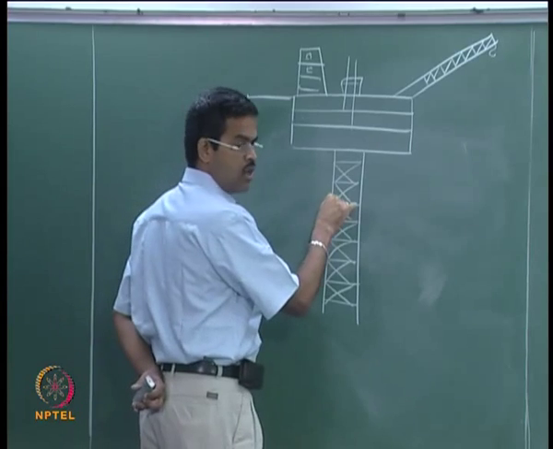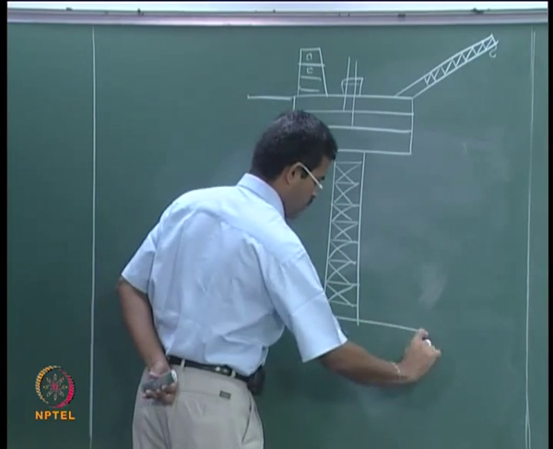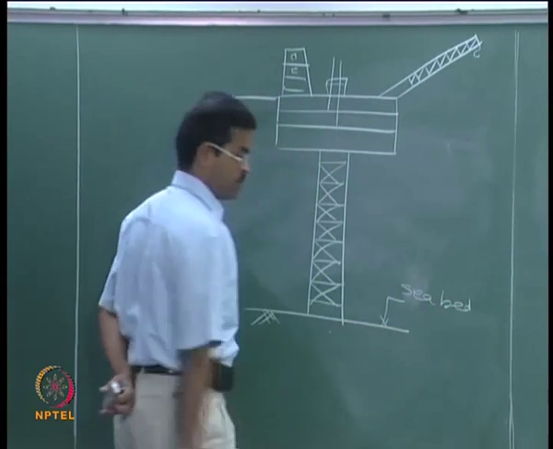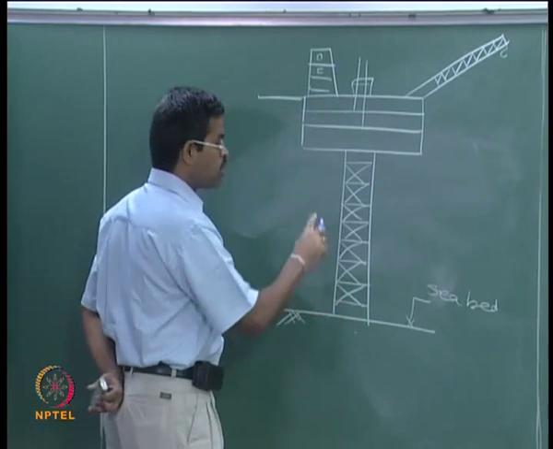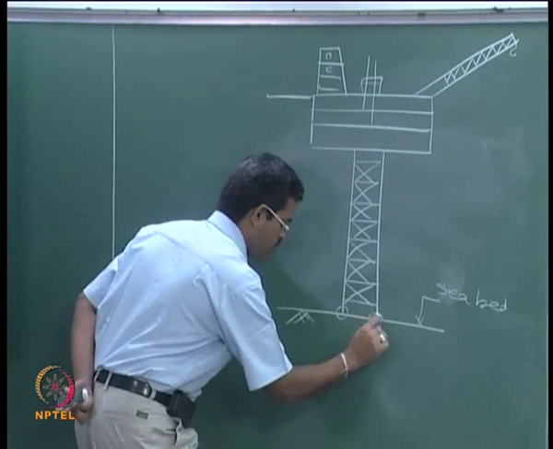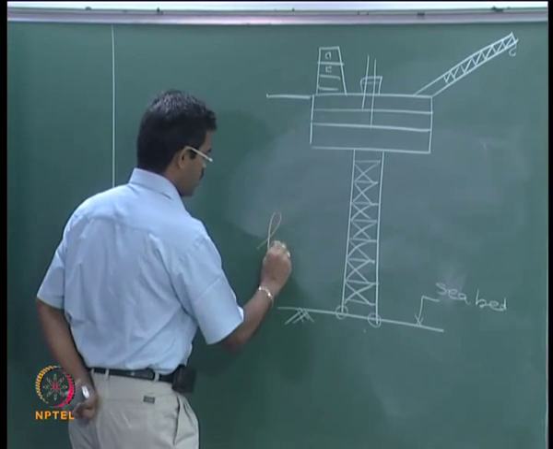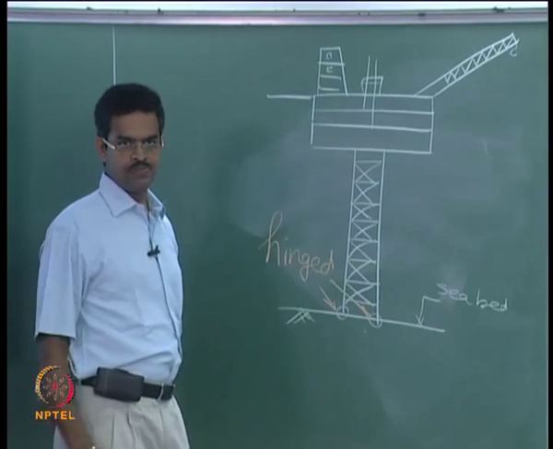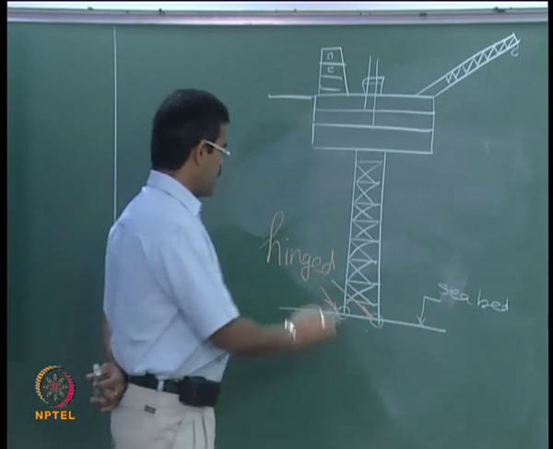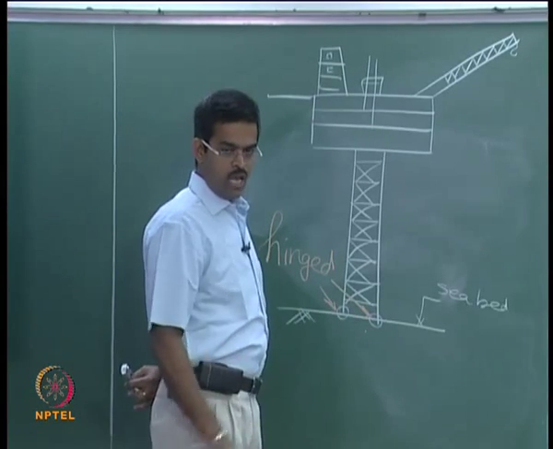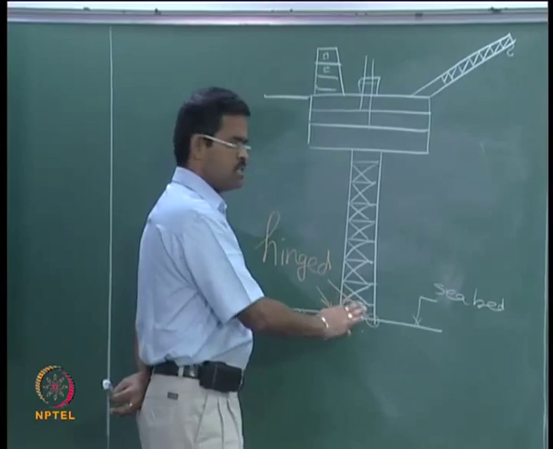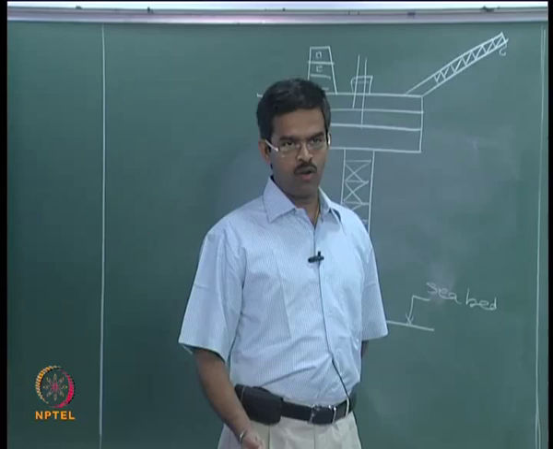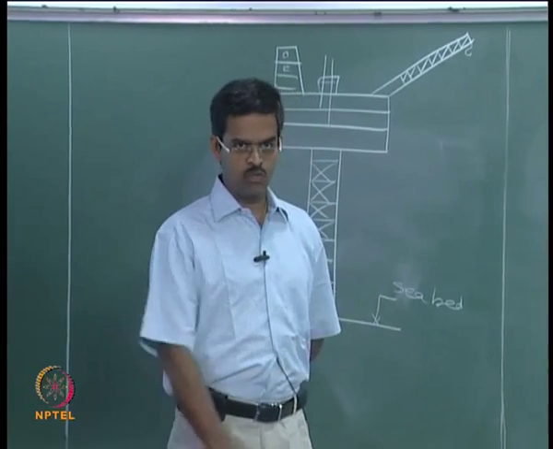I want to fix this to the sea floor. But I do not want to fix it thoroughly, I want to make it compliant. I have to make this joint essentially a hinged connection. There are varieties available in the literature for making it hinged. I will show you a video today: a very simple hinged connection being used by a person in a shop to put his banner on a road which is having enormous wind speed. I will show you that.